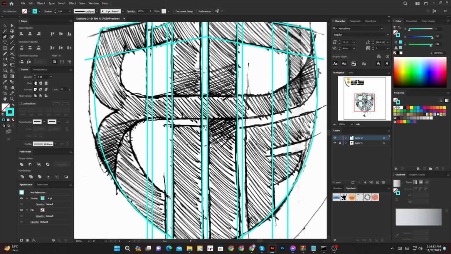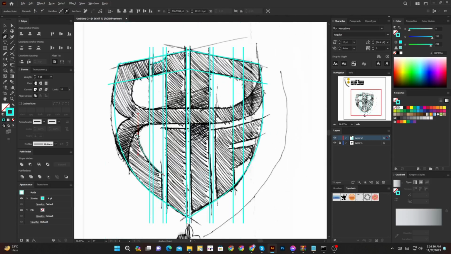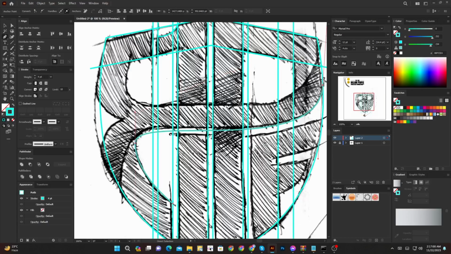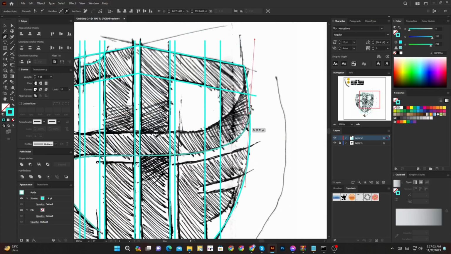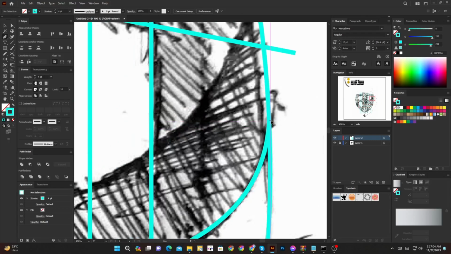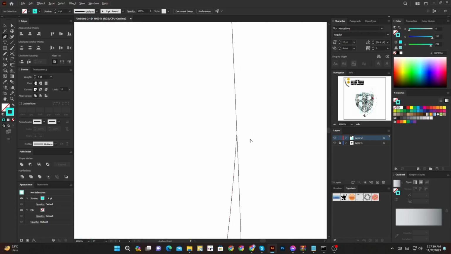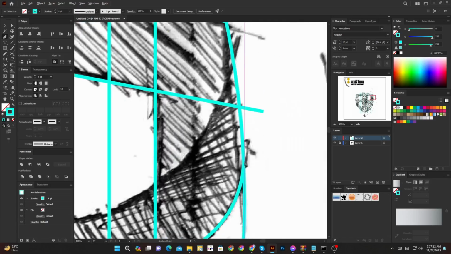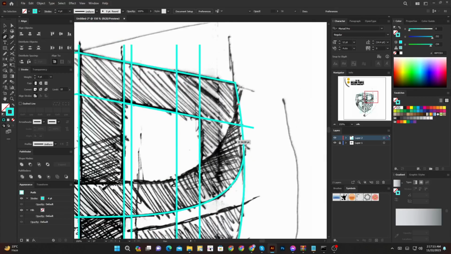Now, use a pen tool. Okay, it's connected.